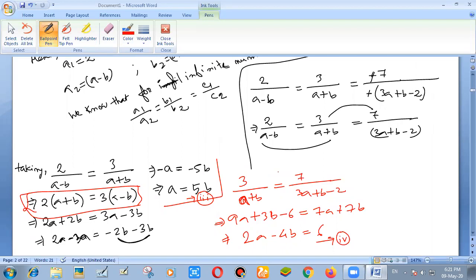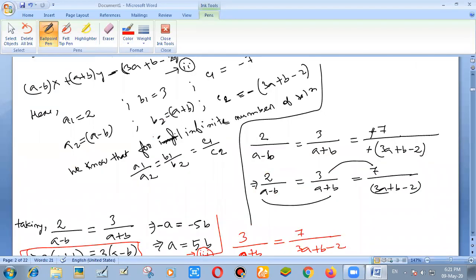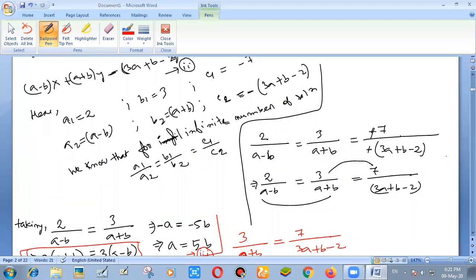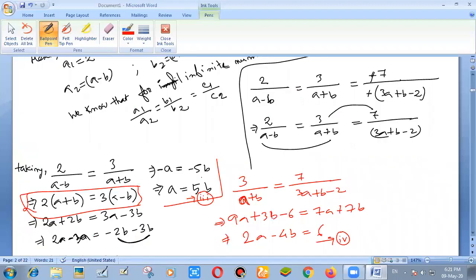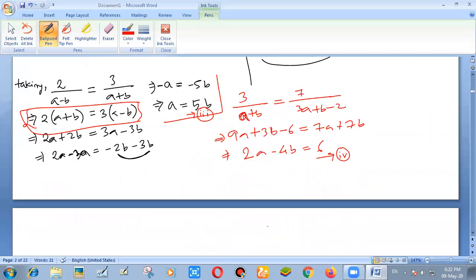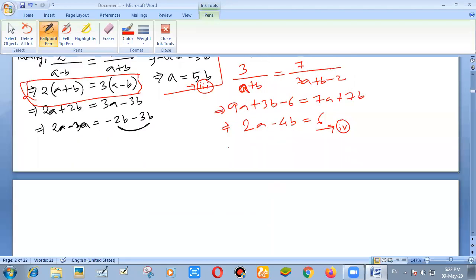So suppose in the exam also you are asked to solve this equation by cross multiplication, question number 2. But here it is not mentioned. But if you are asked to solve this one by cross multiplication method, then for the first you have to do by this method, but for finding the value of a and b, you don't need to apply the cross multiplication method. You can apply any method. So just write down substituting